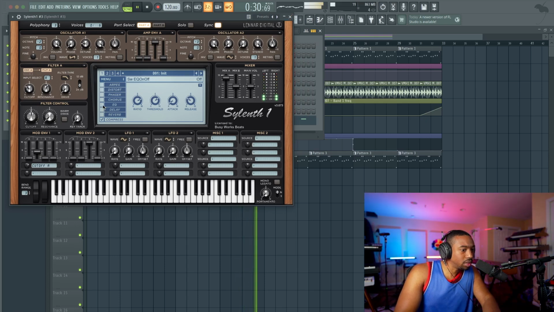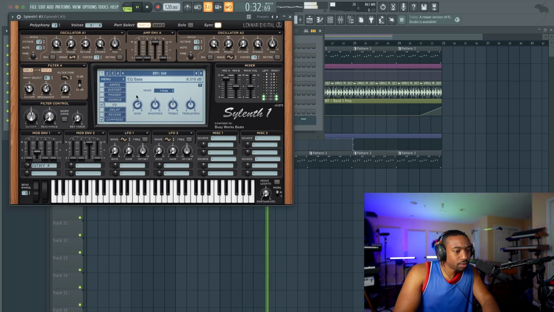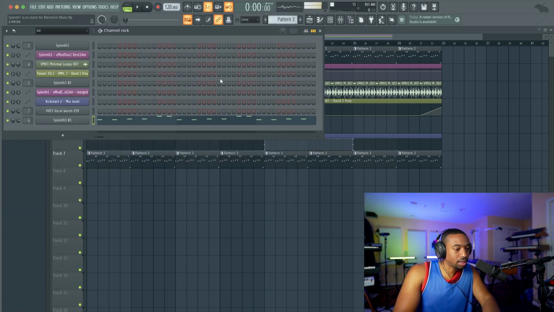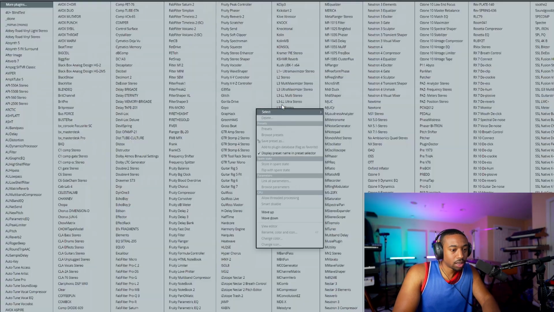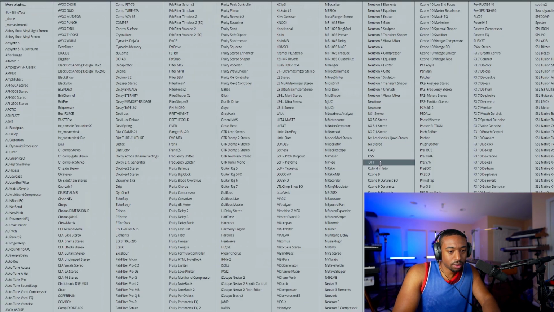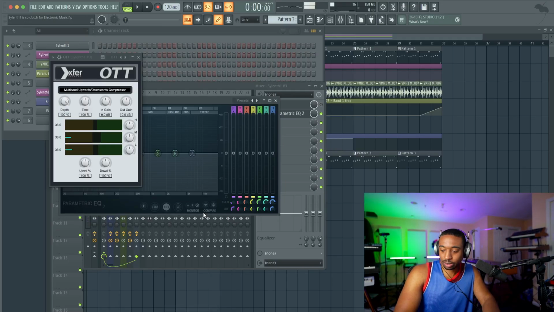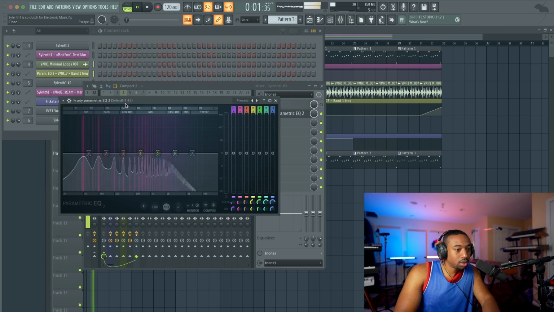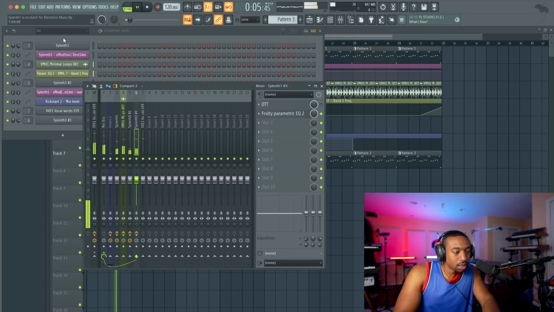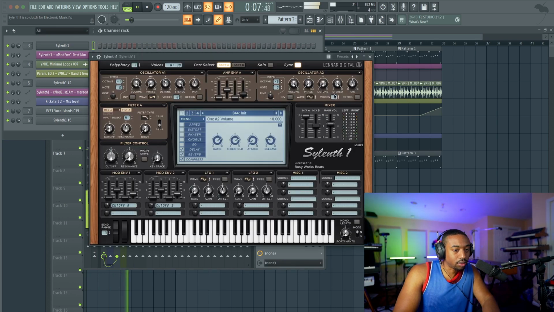Let's add an EQ. We need to boost the lows. I forgot we're going into a compressor, so that compressor is kind of limiting. Now OTT kind of thins it out. So in this case, I just want the bass to be more rounded. This might be able to sit underneath that original sound.